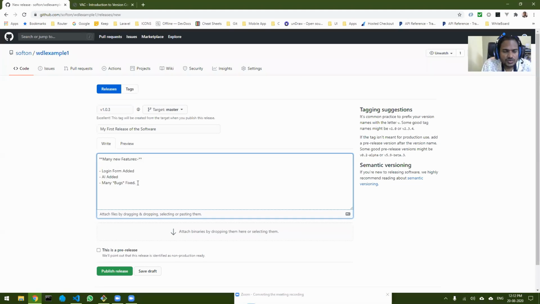Now why are releases so important? In a usual scenario, releases will not be that important. For example, if you are creating a website and using Git for storing your website, then releases will not make any difference.